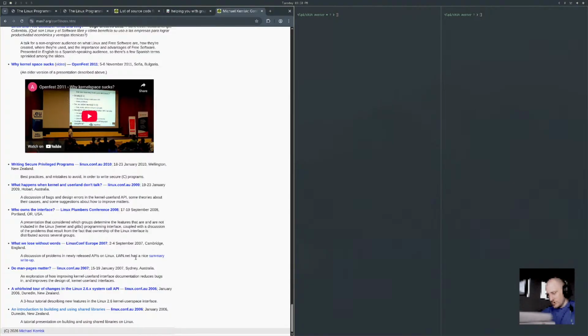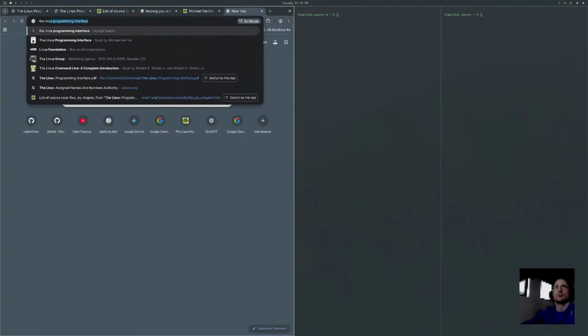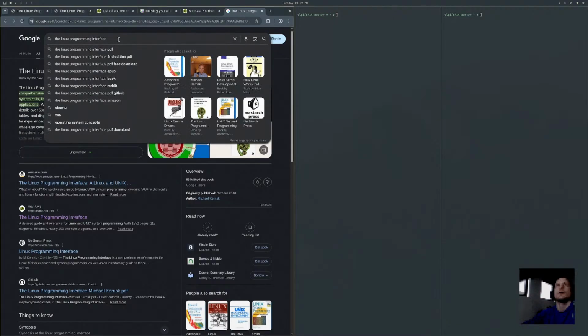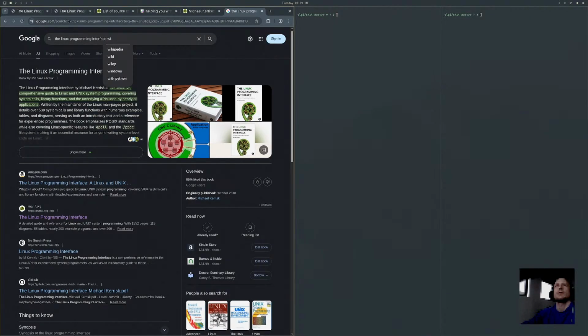What's the copyright on this? It says 2010, but I think the original publishing of this is earlier than 2010. Let's look for The Linux Programming Interface. Is there a Wikipedia?